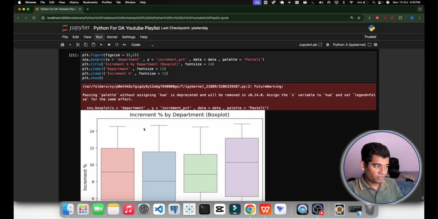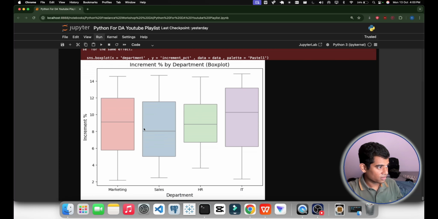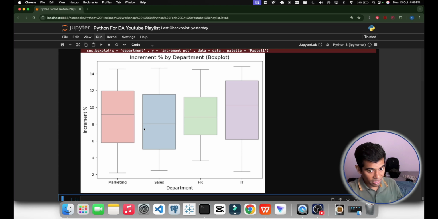Okay, so we have got a graph, and that's a good looking graph. That's the department, that's the increment percentage by department box plot. So from this, what do you find out? If you ask me, the median is the 50th percentile.